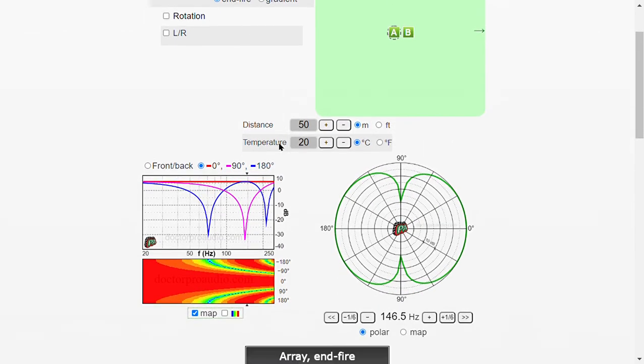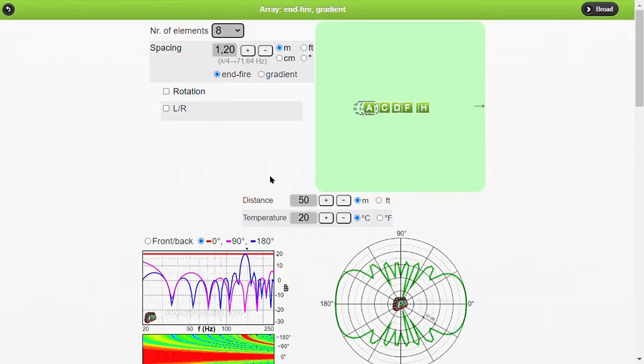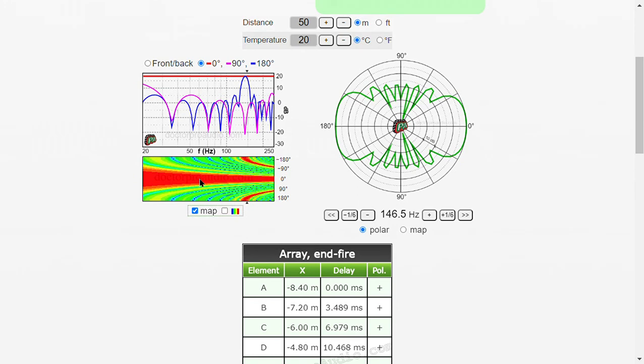Okay, so that's for 2 elements. If we switch to 8 elements, you can very easily see that the whole frequency range became a lot more narrow. So again, it's a very quick way to give you an idea of what's going on throughout the frequency range of subwoofers in this case.